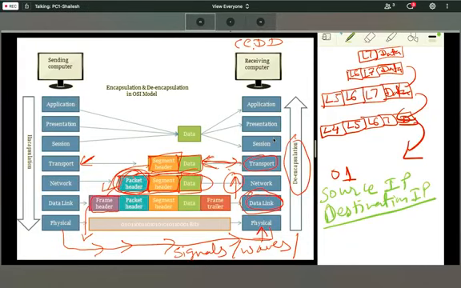The transport layer tells the session layer that this is TCP, so create a session. If it is UDP data, there is no need to create a session. The session layer will forward the data towards the presentation layer.